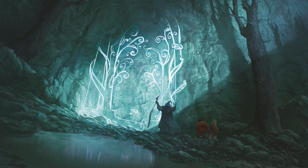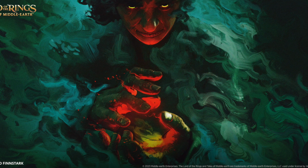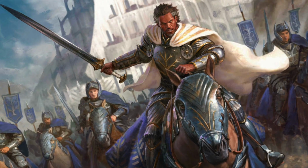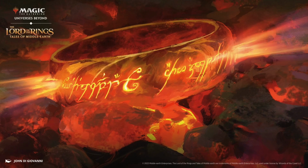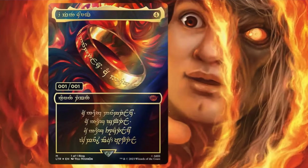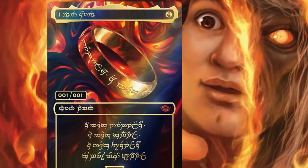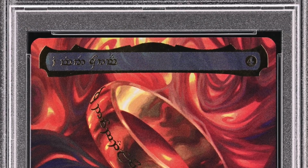Lord of the Rings: Tales of Middle-earth is one of the most successful commercial releases of Magic: The Gathering. It was released in June 2023, and 7 days after the release, the One Ring was found in Canada. It was in a collector booster, and later, on August the 2nd, 2023, Post Malone purchased this card for $2